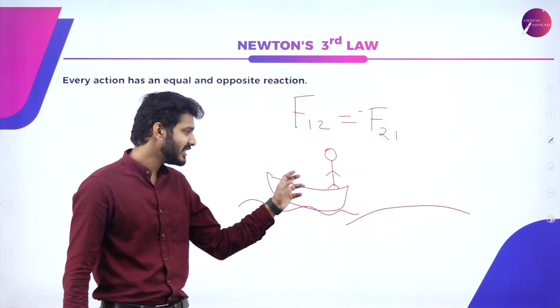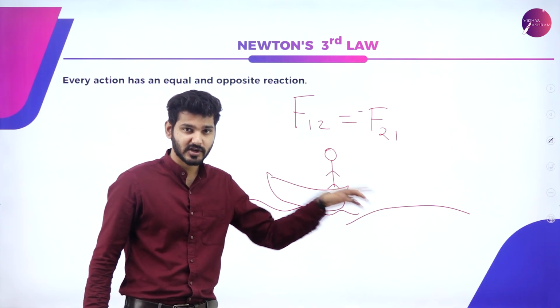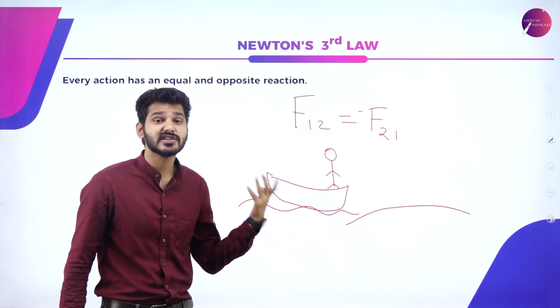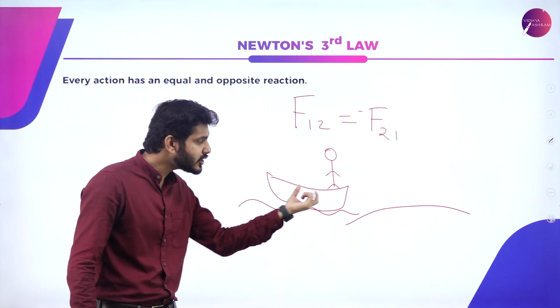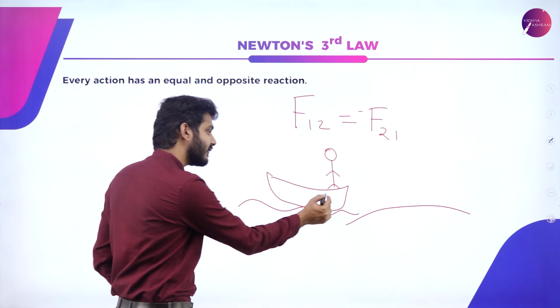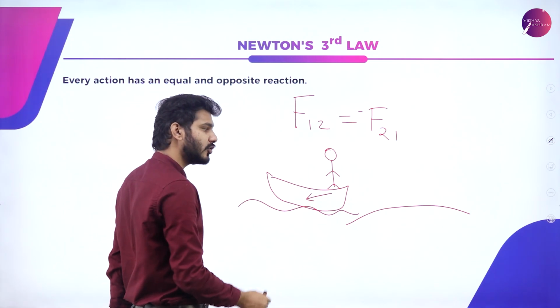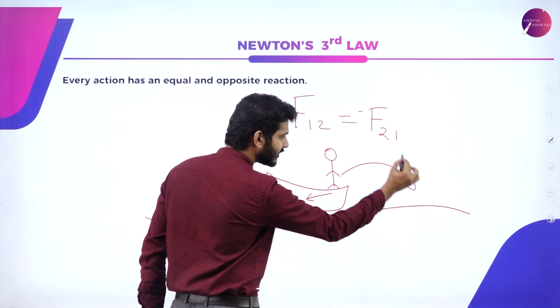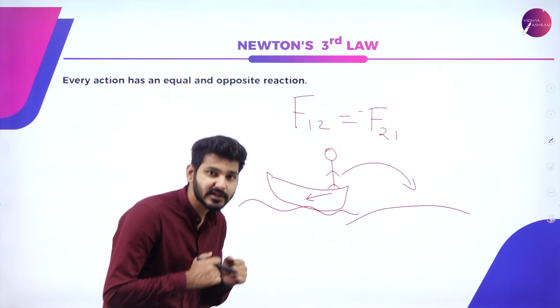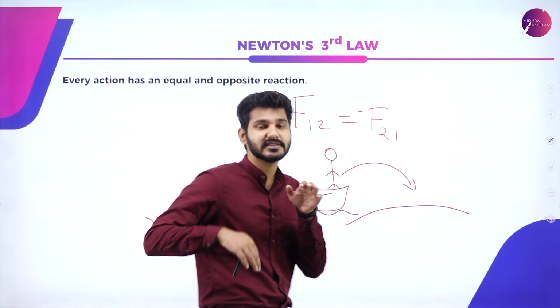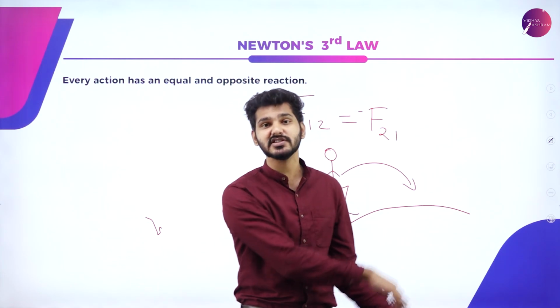This person is standing here on the boat and he doesn't want to get his shoes wet. So what will he do? He'll just jump onto the ground. So how will he jump? He will jump by applying a downward force onto the boat, so that a force is experienced by the boat and he will jump forward. You know, right? If you want to jump, you will exert a force downwards and then you will exert that force to maximum effect so that you can jump.